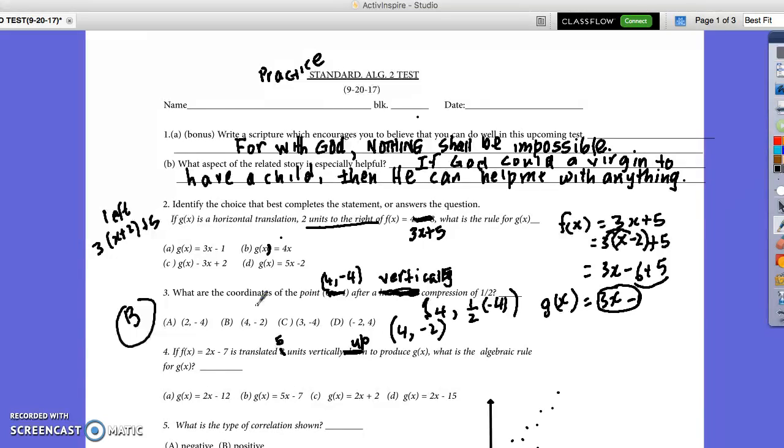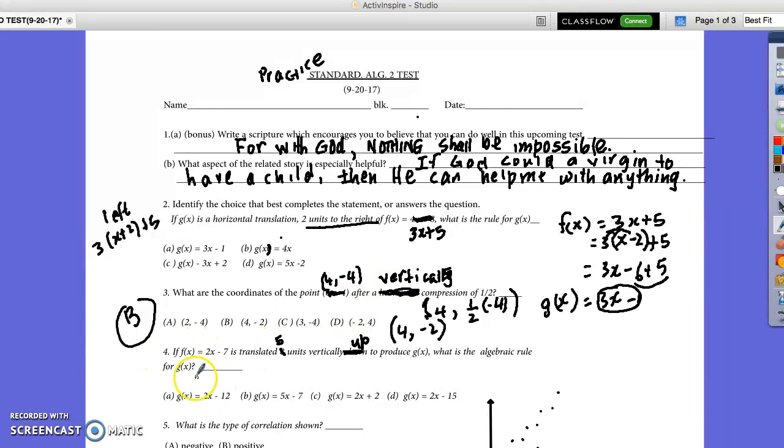If you had a slinky or something like that, you were compressing it, you make it smaller. And if it's horizontal compression, that would be your x coordinate. Vertical compression, that's your y. Okay,